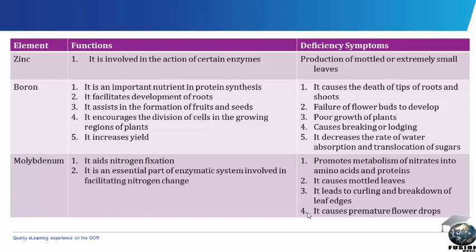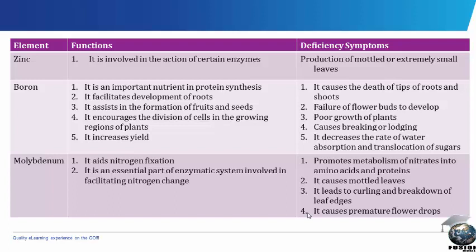Deficiency in boron causes the death of tips of roots and shoots. It causes the failure of flower buds to develop. It causes poor growth of plants, breaking or lodging, and decreases the rate of water absorption and translocation of sugars. Molybdenum. Molybdenum aids nitrogen fixation, and it is an essential part of the enzymatic system involved in facilitating